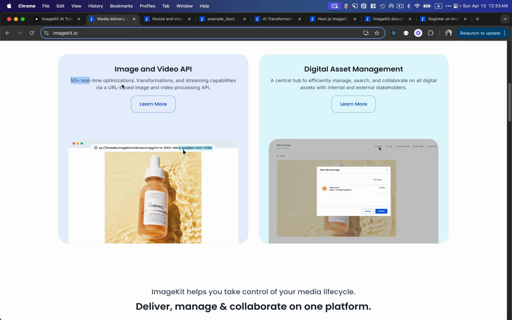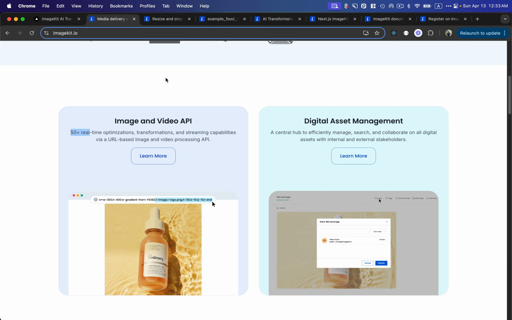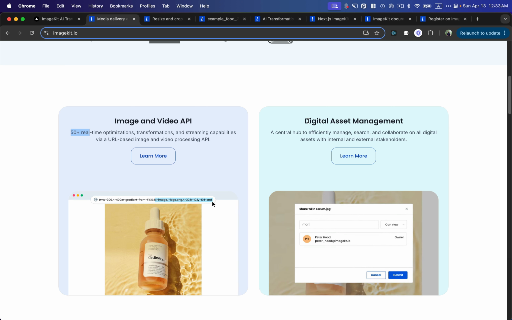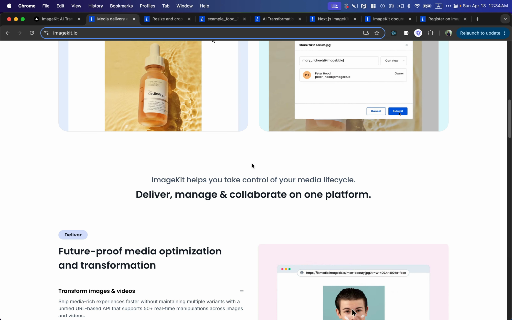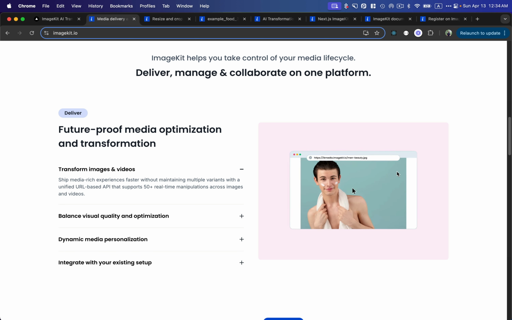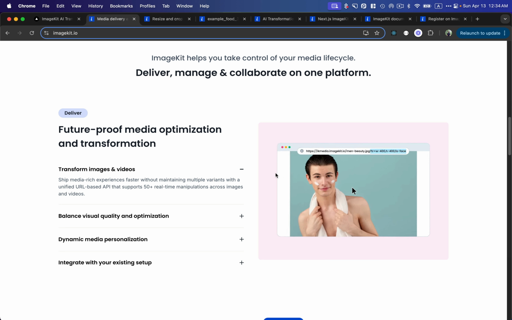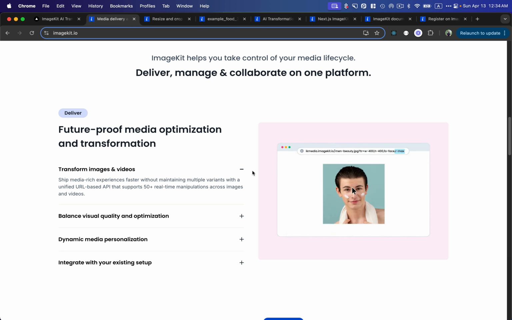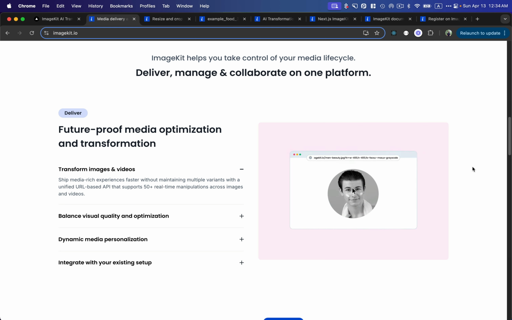And we can have 50 plus real-time optimization and transformation features in this particular awesome image processing library. And then we have a cloud system that it provides, and we can upload our media files, it can be images or videos, in its own cloud storage. And the cool thing is that we just need to update the URL. By changing the URL, we can change the size of it, we can change the color of it, we can apply different kinds of contrast, brightness, and a lot of different features that can make our image pretty good performance wise and